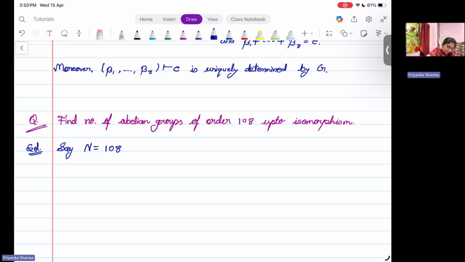First, we will write this 108 in prime factorization form. So this will be 2 to the power 2,